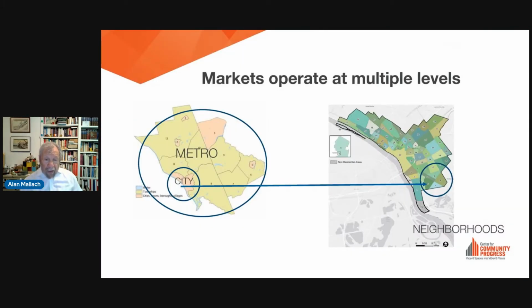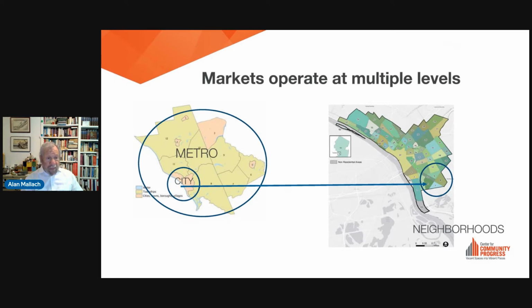Okay, now I'm going to focus primarily today on neighborhood markets. Now, clearly, there is an overall regional housing market, and then within any region, there are likely to be somewhat different markets in different communities. So in the region that's shown on the left, this is the Trenton metro area. At one end, you have the city of Trenton that, for the most part, has a weak market. At the other end, the salmon-colored community on the map is Princeton, which has an exceptionally strong market.